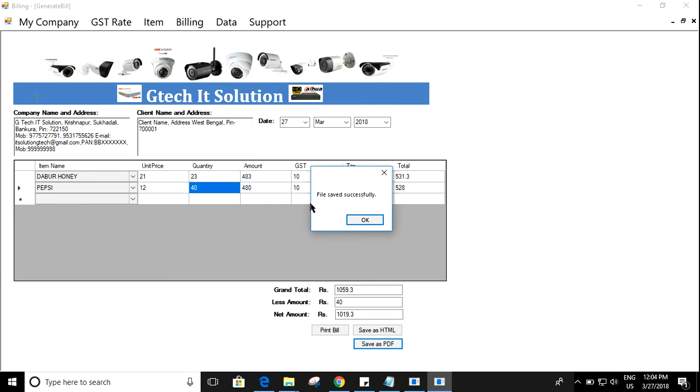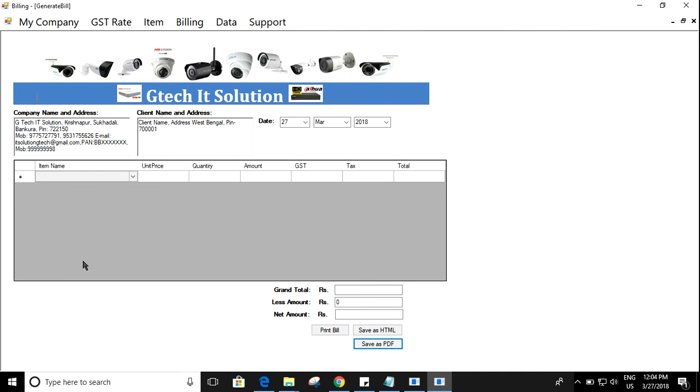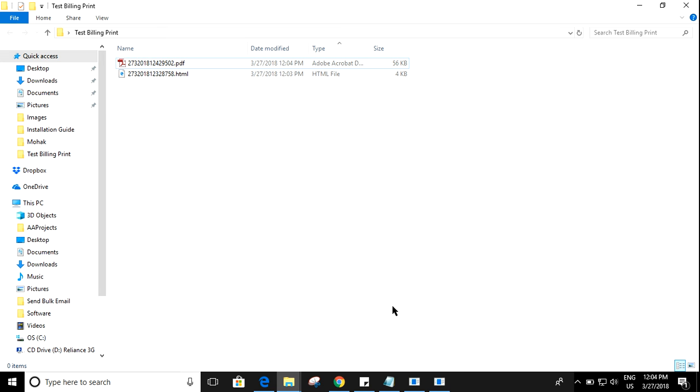File saved successfully. Do you want to save the bill details in the database for future reference? I say yes. Bill saved in the database. So we have also saved the bill as HTML and PDF. Now I will see those bills, how they look.